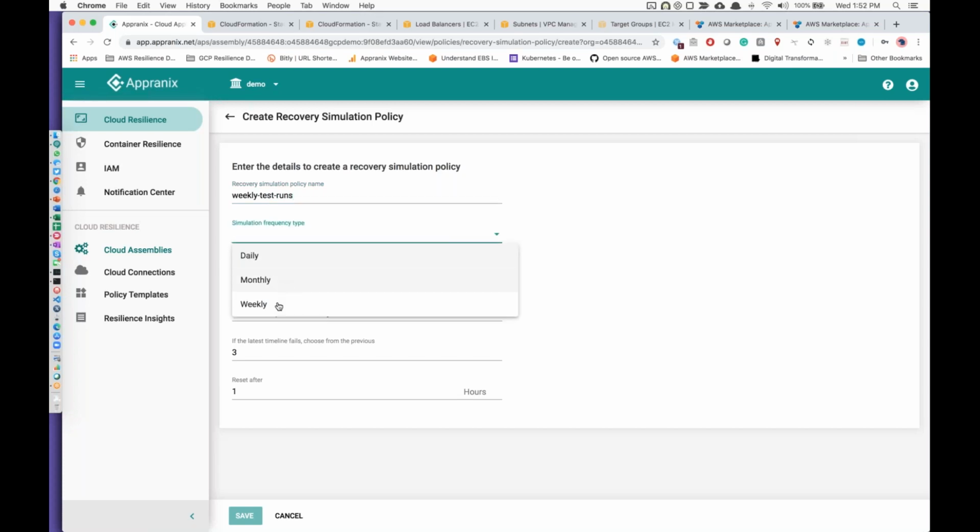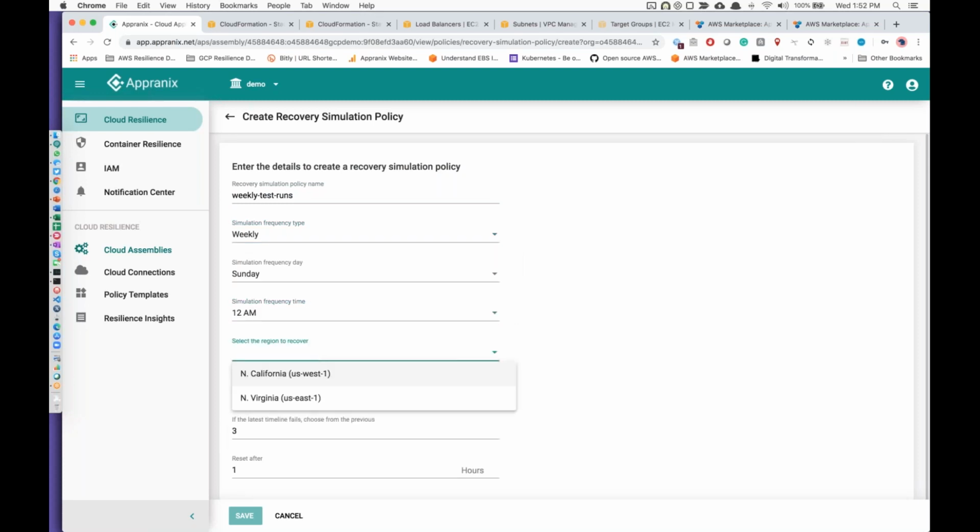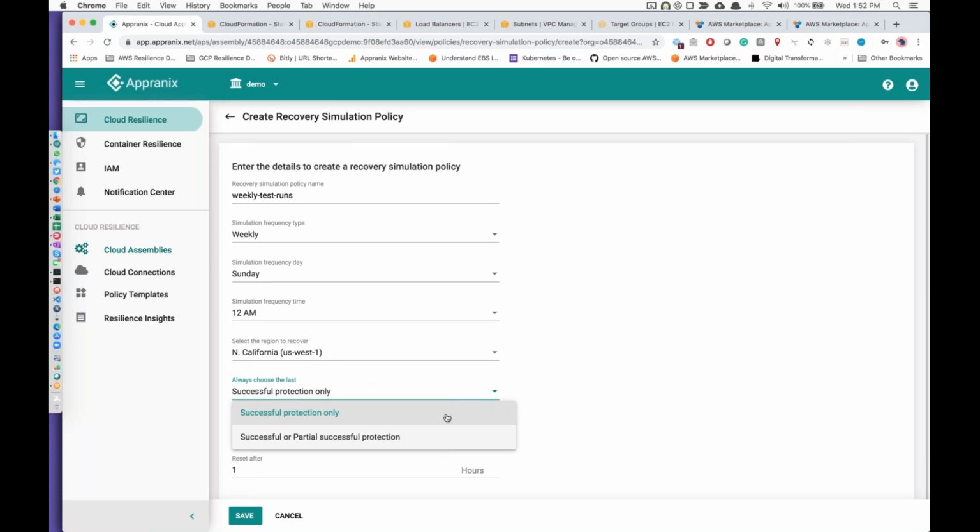I say frequency weekly, monthly, and so on, runs on a Sunday, simulation at 12 a.m., and then bring it up in the California region or the same region, and say successful protection only, or you could go for partial protection, because we are using all the cloud provider native capabilities, and sometimes it might fail depending on various reasons, but Appranix actually tries multiple times. So the bots, the backend, will try many, many times. Sometimes it's more resilient than humans. So you save it, your job is done.